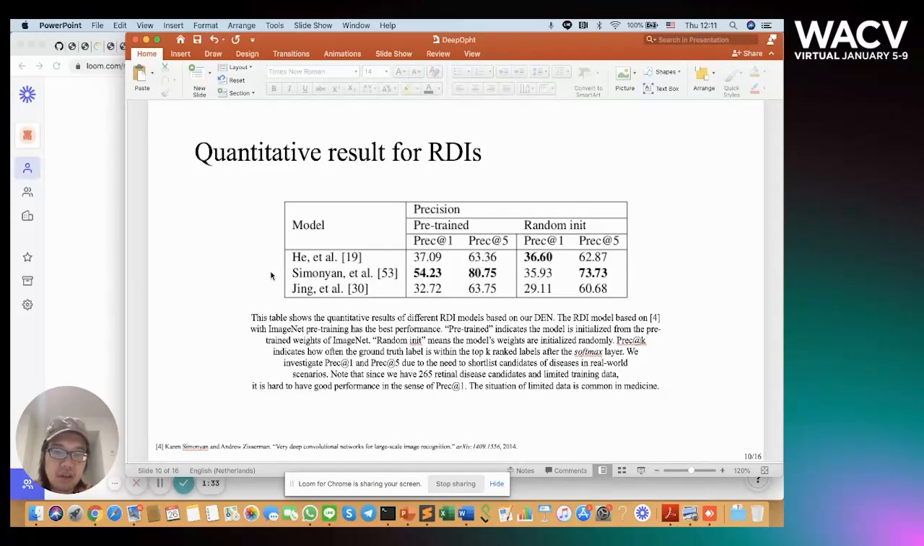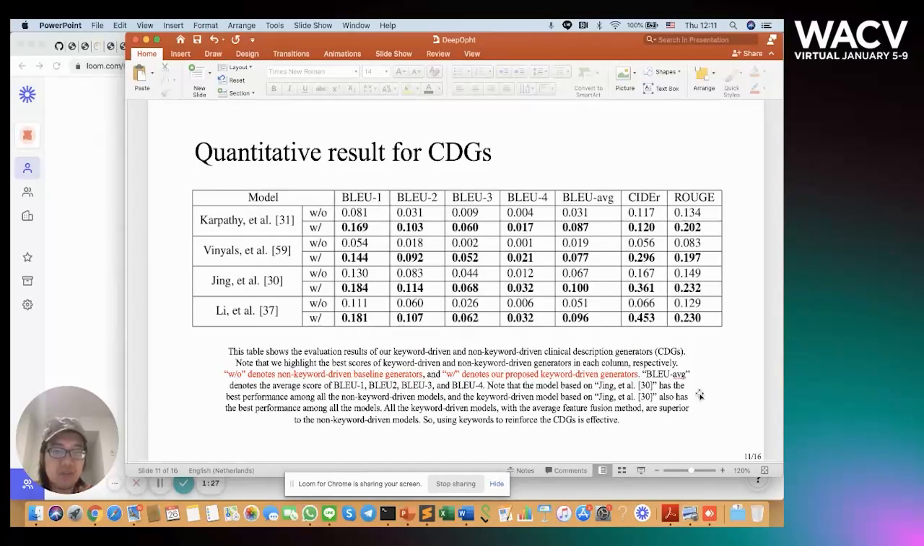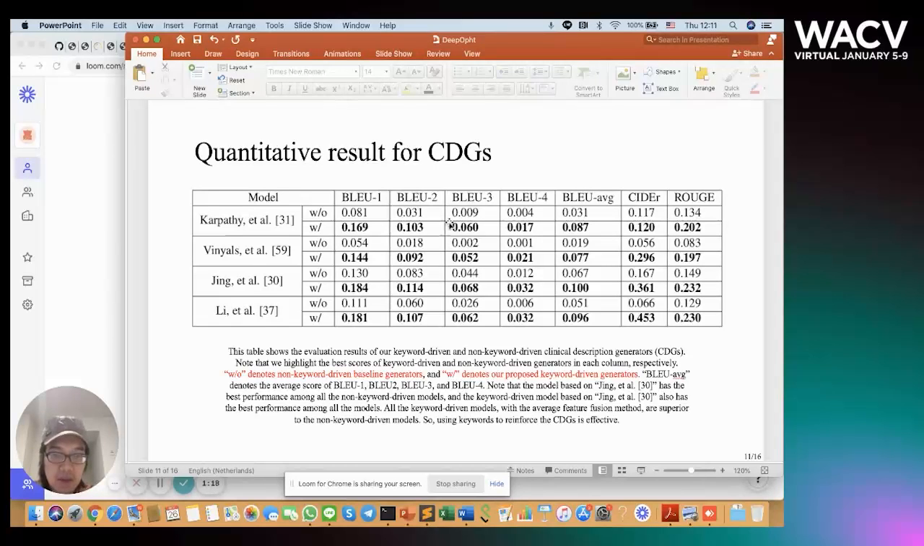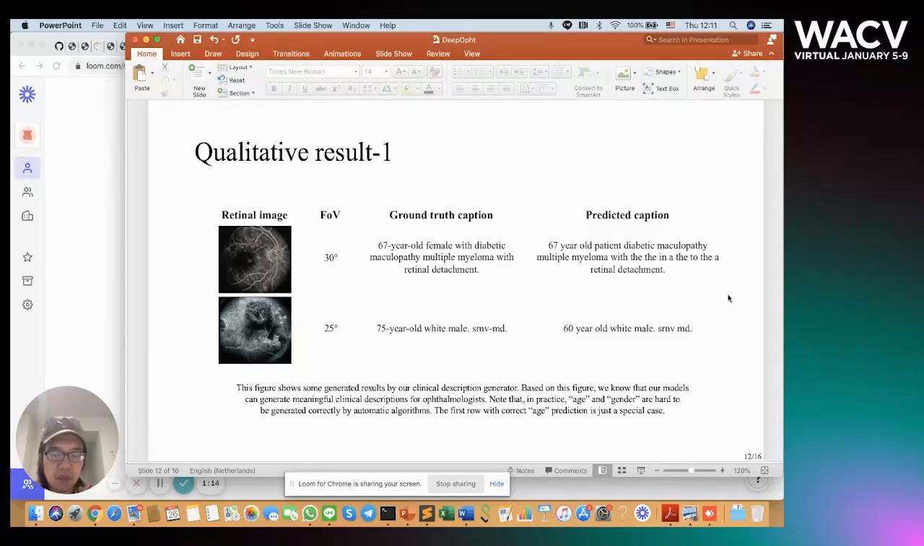And this is the validation of our RDI. We can see that the best result is in the second row. And this is the validation of our CDG. We can see that our keyword-driven methods are all better than the baseline models. This is the first qualitative result. This is a generated